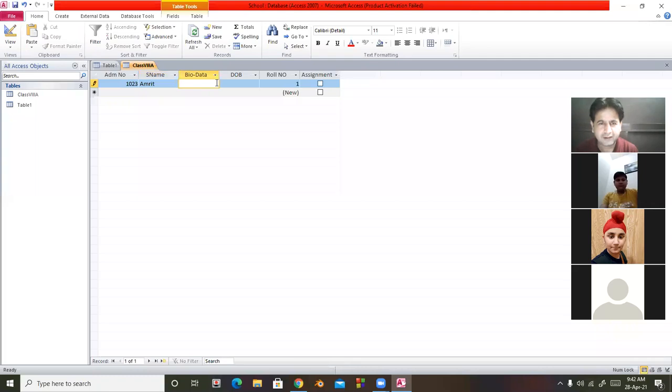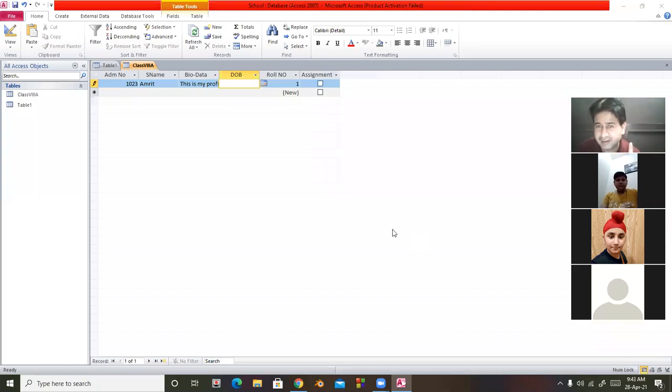Here we will have to enter the biodata. So I enter: this is my profile. You can enter up to 65,536 characters. Next is date of birth. Look, a very small icon appears that shows the calendar.